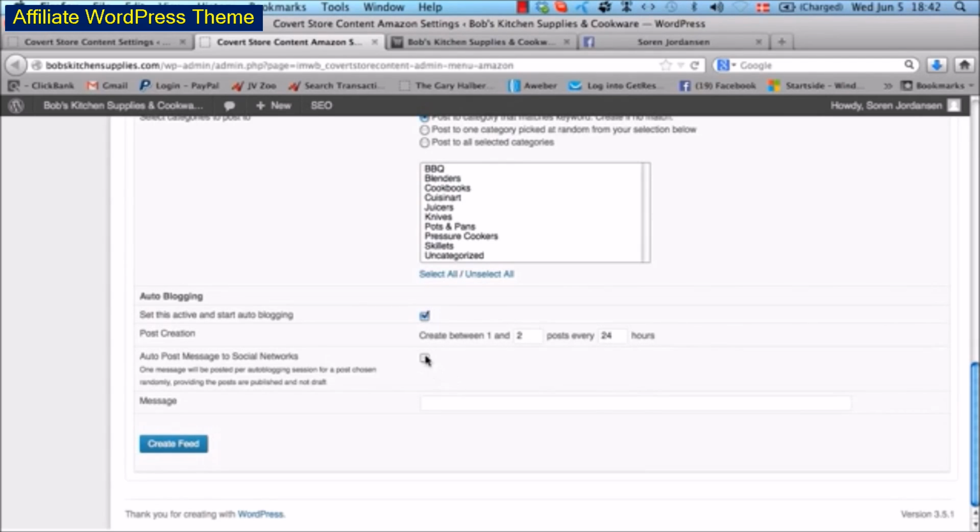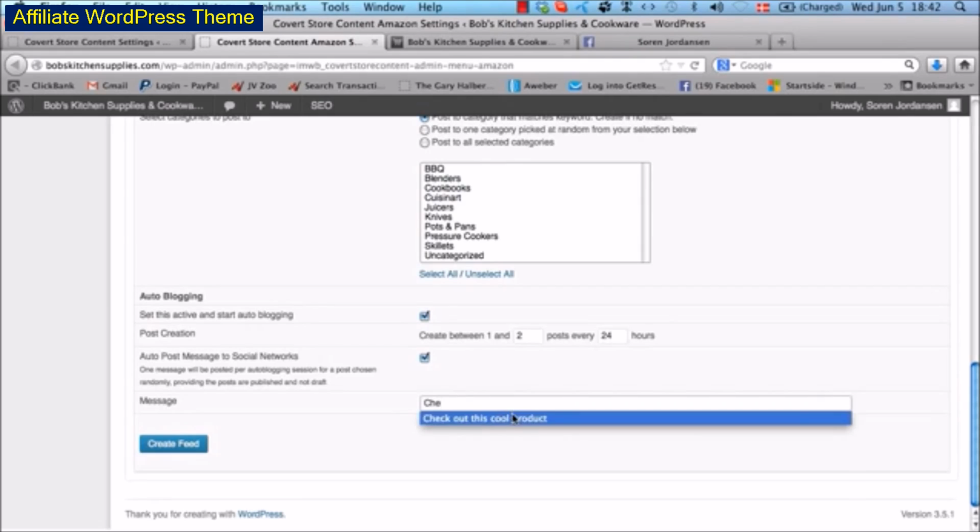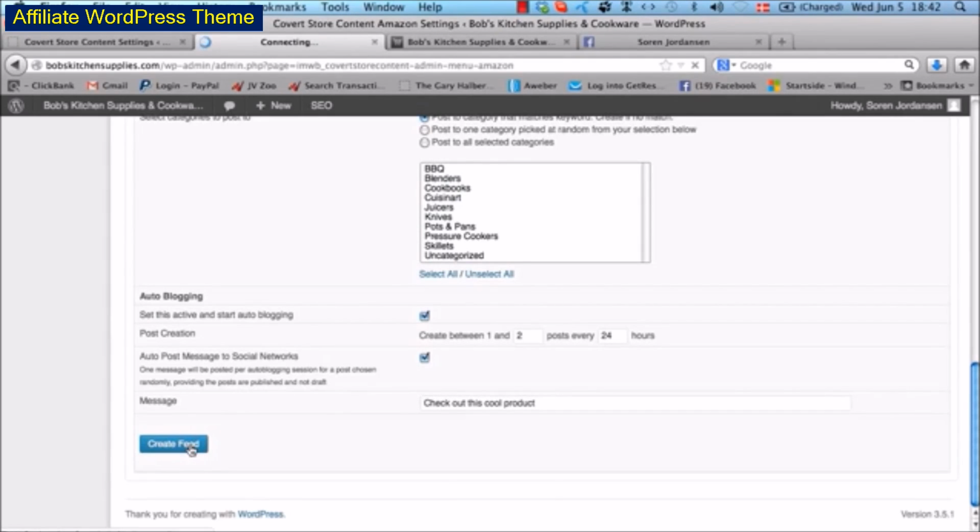And then here's the really clever bit. You check this box to have it auto post to the social networks, and then you can write a custom message here, which I'm going to do as "check out this cool product." And then I click on create feed,